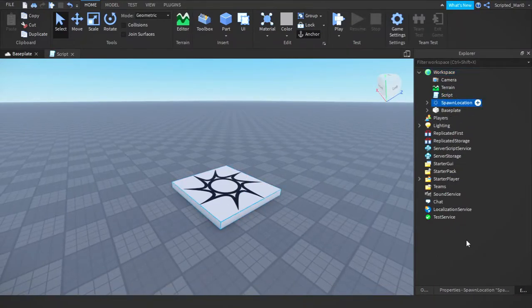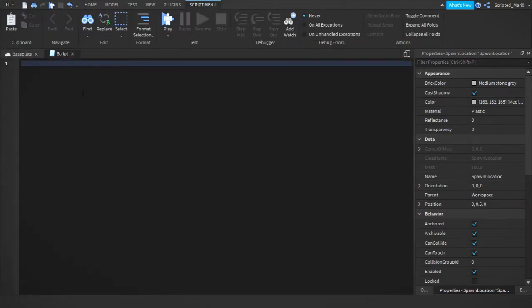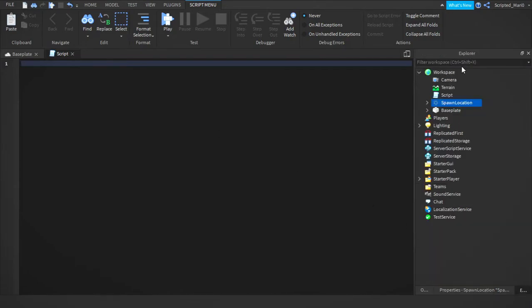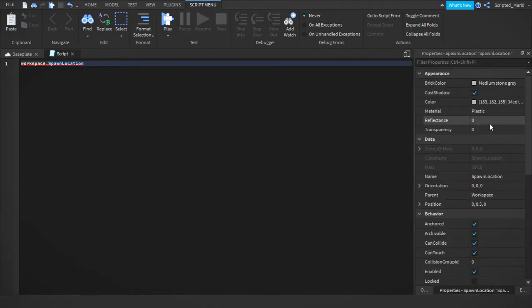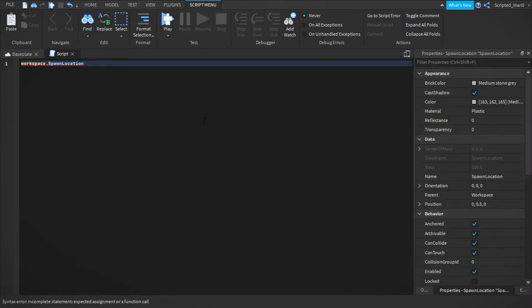So first we want to change this spawn location's property. Let's say we want to change its transparency. So you can first get the spawn location in the script. So we can do workspace.SpawnLocation. So this is the spawn location. Now we want to change its property. So we want to change transparency. So SpawnLocation.Transparency